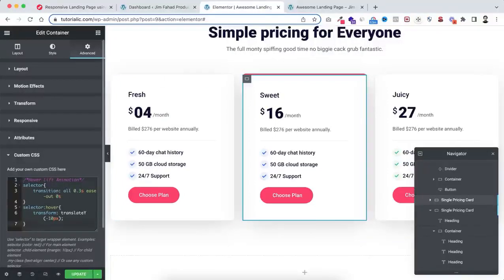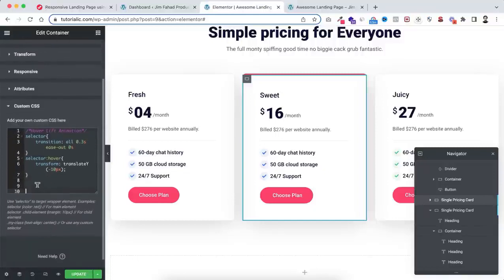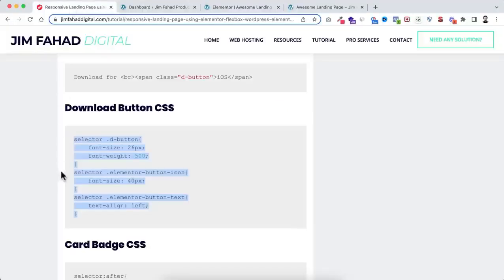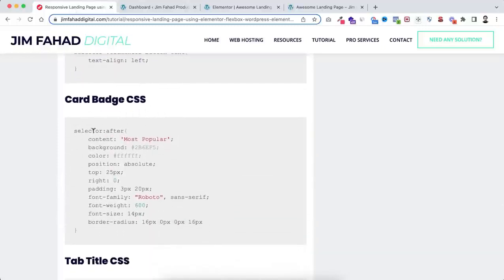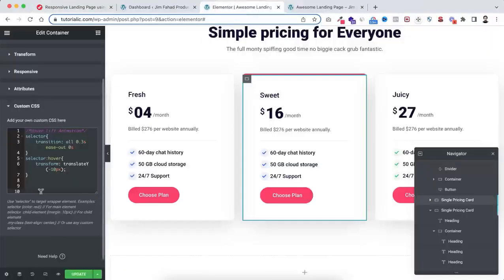Just hit enter a couple more times to make some space, and here we will be adding a different CSS snippet, and I already have written that for you. Just go to jimfahaddigital.com and from there let's scroll down. It says card badge CSS. Okay, just copy this snippet from this place, go inside Elementor, and right underneath the existing CSS code let's paste